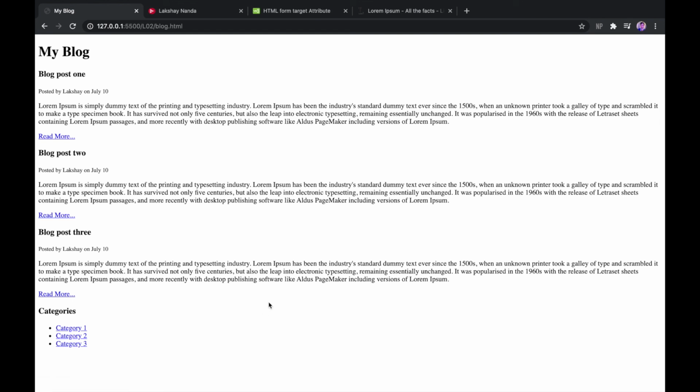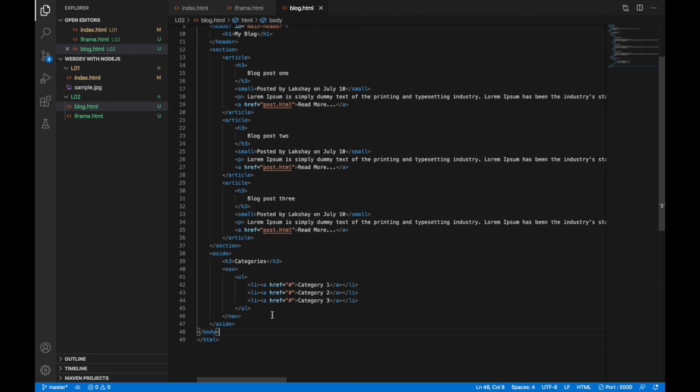Now the next thing that we had to do was add a footer. So after the aside, we add a footer. In that, I add a paragraph tag, copyright, and to insert the copyright symbol, we need to write ampersand copy semicolon 2020 my blog.